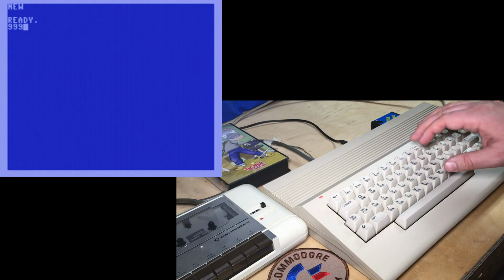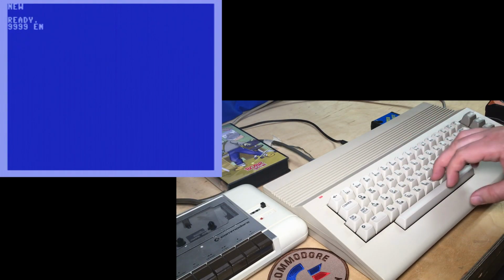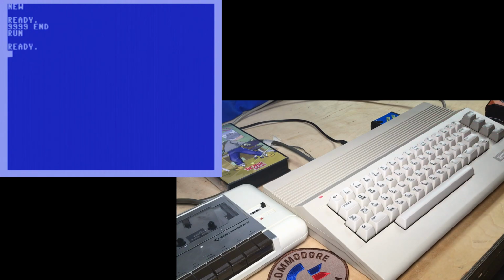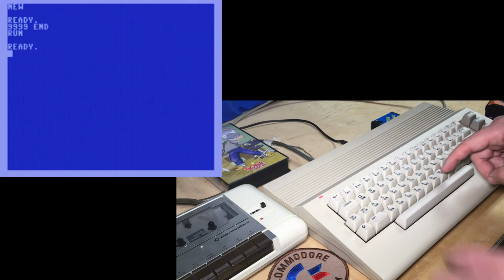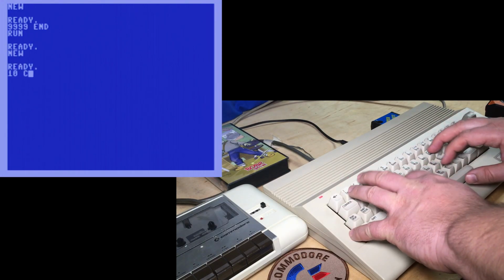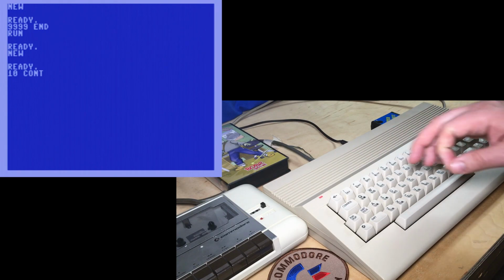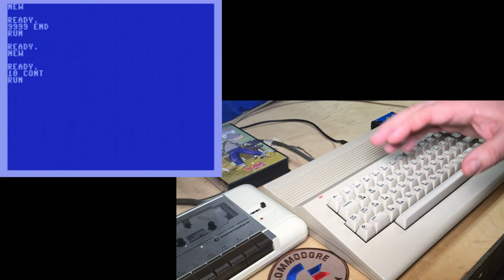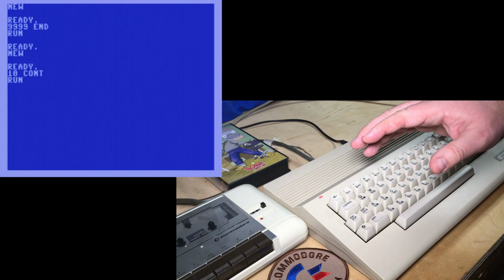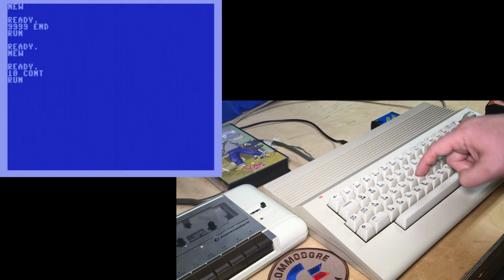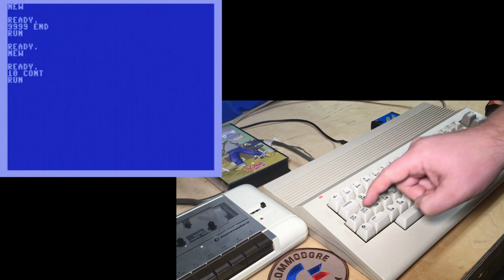If we make a program like this, line 9999 and end, and we run that, okay, as you expect, it doesn't do anything except just prints ready. But now if we type in new and put continue as a BASIC statement and run that, the computer will appear to freeze. It is waiting for you to hit the stop key. Basically nothing exits, but if we press stop,